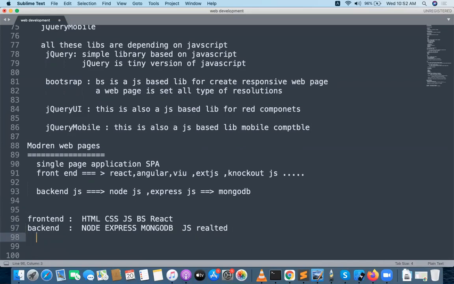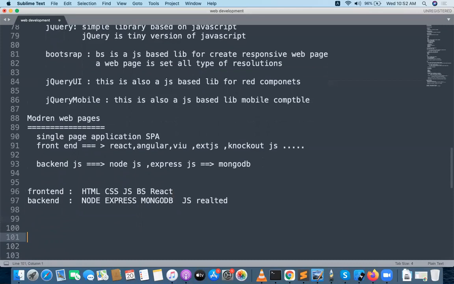MongoDB is easier than SQL Server, right? Correct, easy, exactly. Sir, if I don't want to go for the JS related backend, I want to go for some other. So this is the JS related front end. Front end is common anywhere you go. Only JS related front end will be there, but JS related backend is also there in the market now.